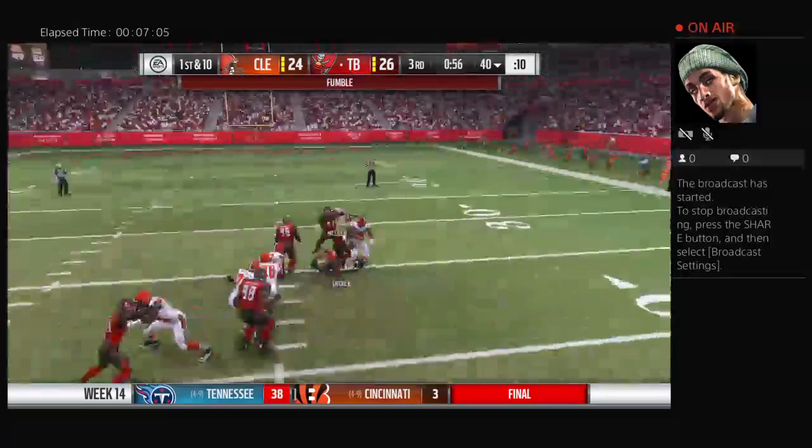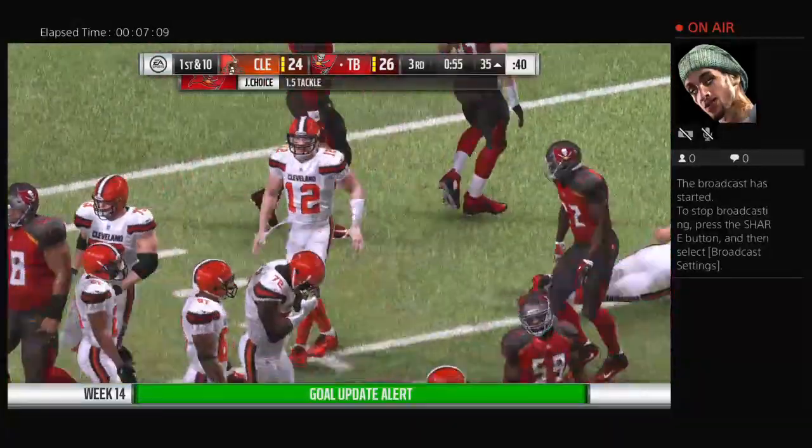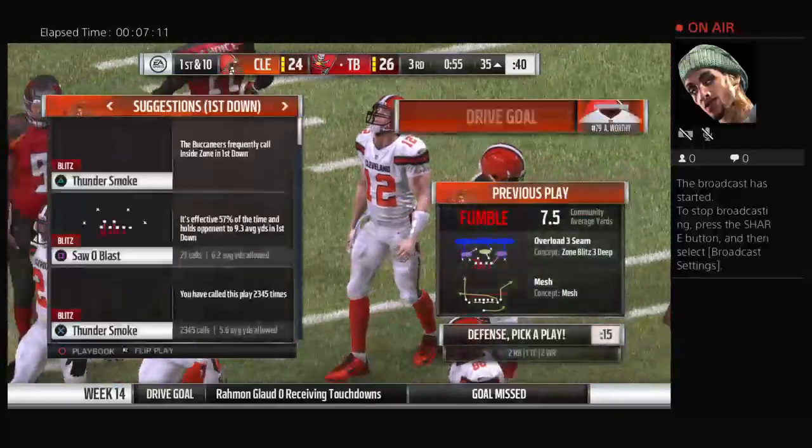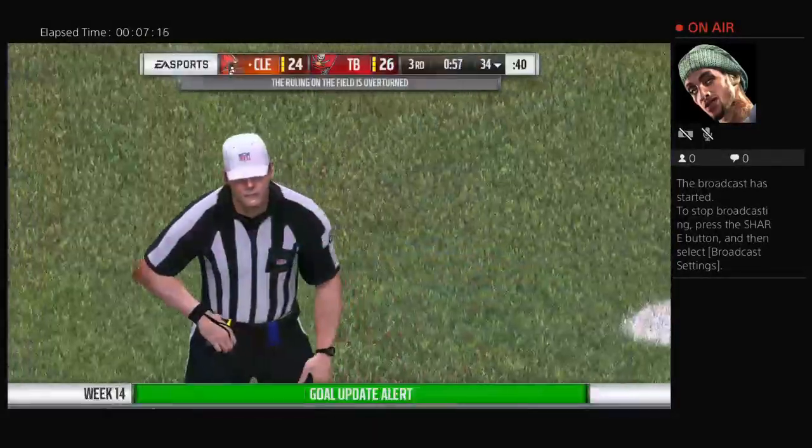Nowhere to go here. He lost the football, and it's picked up by the Buccaneers. And his crew will take over with a football at the 35-yard line. So they need to determine if that...